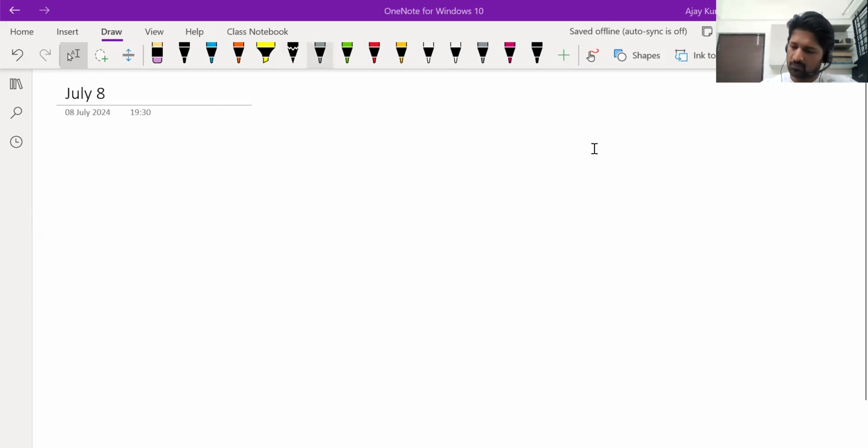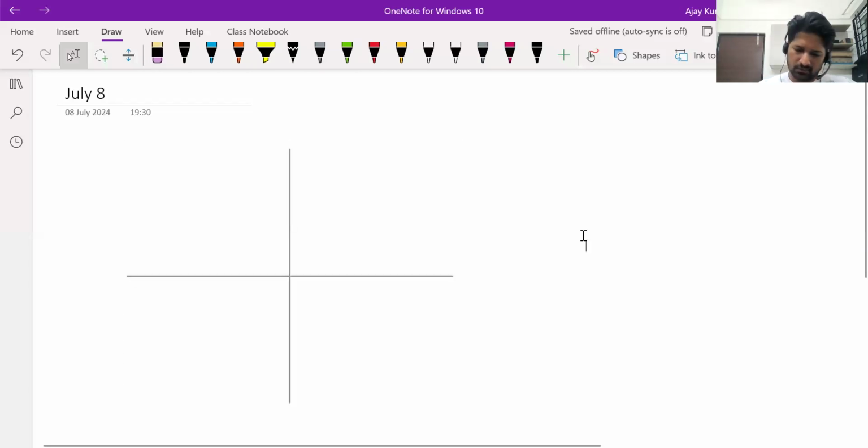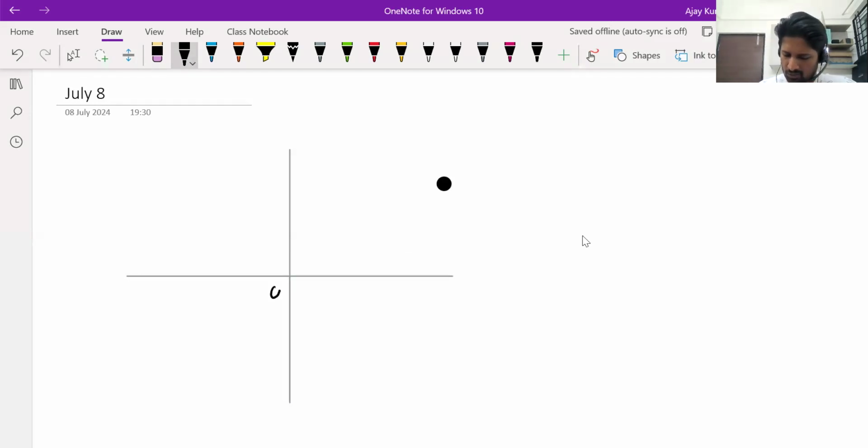But to describe motion in a plane, okay, plane, as you know, is two-dimensional geometry. So suppose there's an object somewhere here. To describe its position, we have talked about this earlier also, you need two coordinates. You need two reference lines first. We call them the reference axes, one as x and one as y. Then to describe its position, we describe the distance from the y-axis and the distance